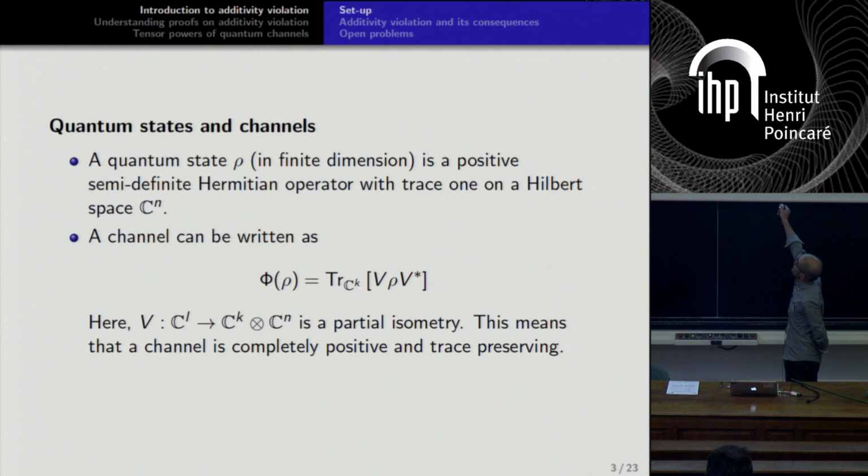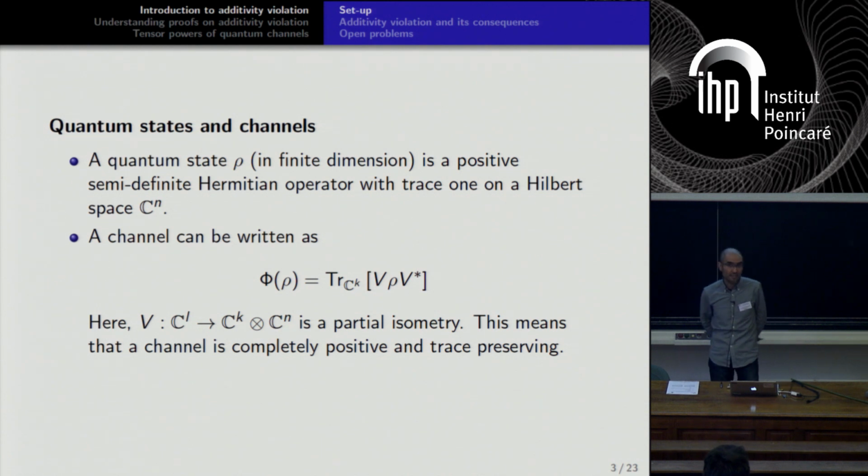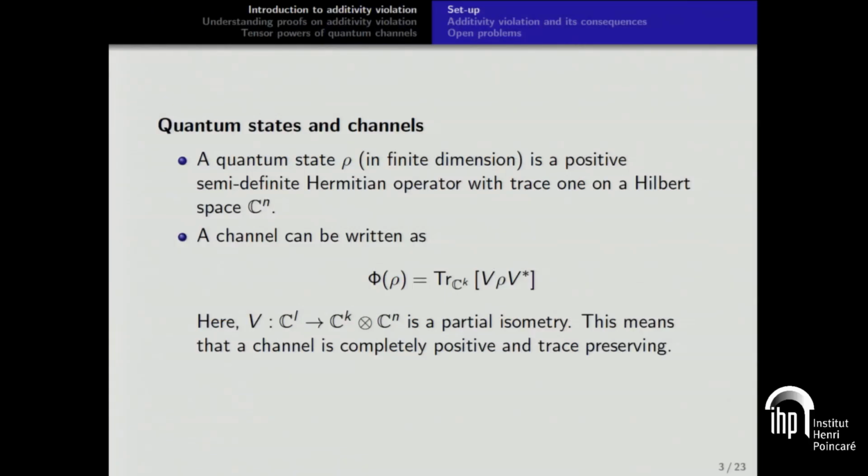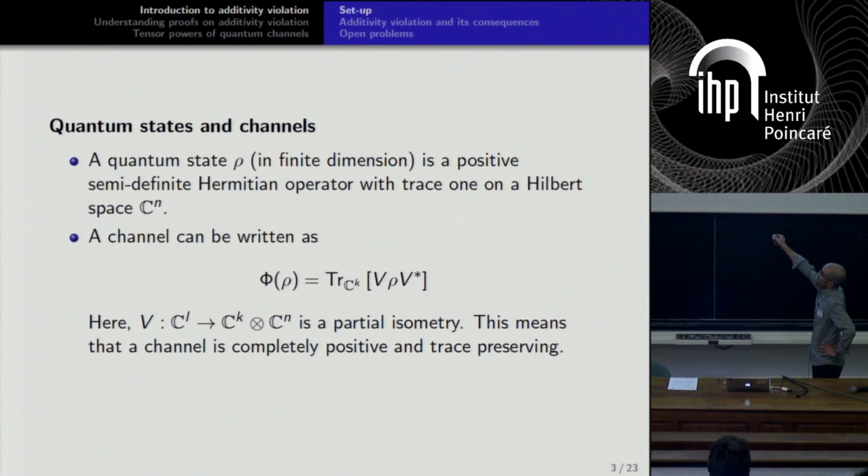V and V adjoint, with a trace. This construction gives a CP map, and if we choose V to be an isometry, it gives the trace preserving condition. Anyway, this is our quantum channel. So we have an embedding map V, which maps from C^L to C^K tensor C^N, for example. We call this K maybe the output, and this C^N maybe the environment.